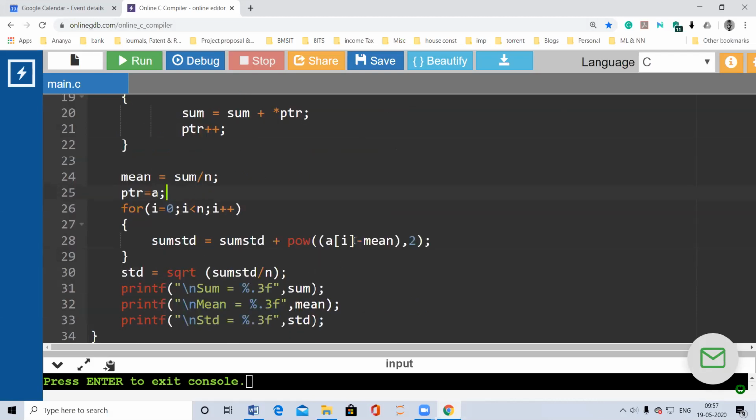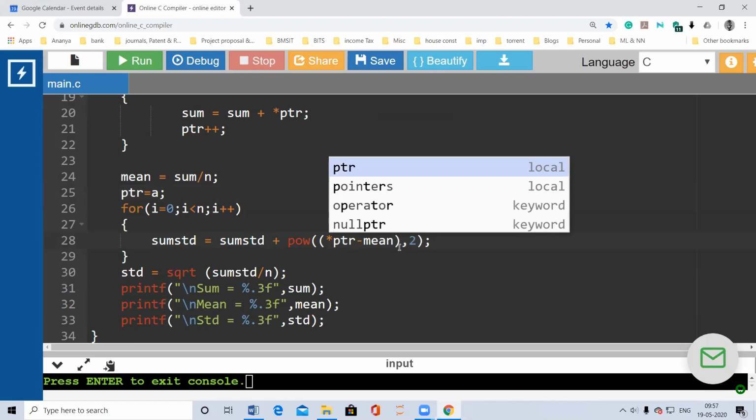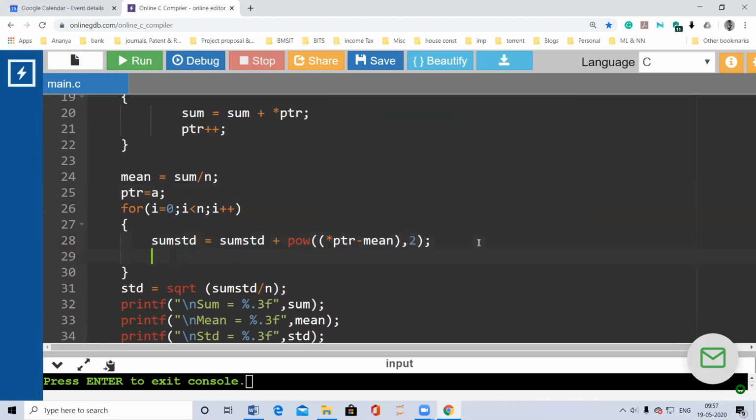And then here again it is star PTR to fetch the values within that memory location. And then here PTR plus plus, this is also required because every time we are going to increment the pointer value here. So it should have the next memory address of the element. So we'll again increment this.